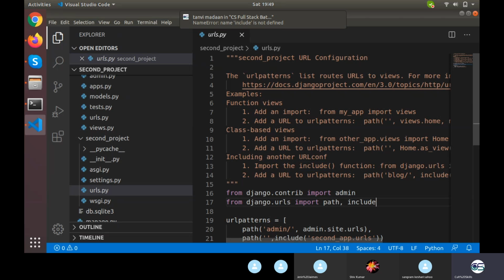So you need to import this include, then only it will work. You need to import this include by writing comma include after the path.